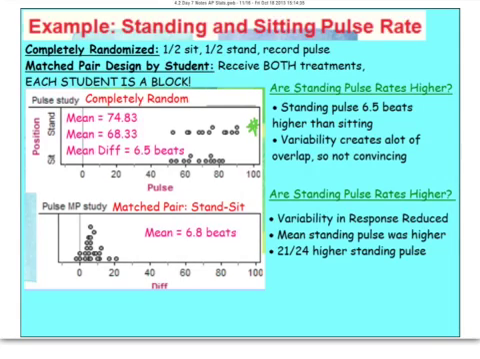This is a dot plot of the standing pulse rates. Here's a dot plot of those with the sitting pulse rates. Then we could go in and take the means for that. The mean for those standing was about 74.83. The mean for those sitting is this. And we can compare the difference and see that it looks like the pulse rates went up by 6.5 beats per minute, I'm assuming here,